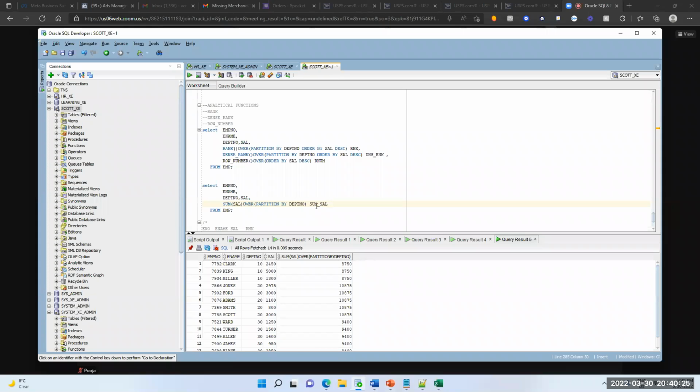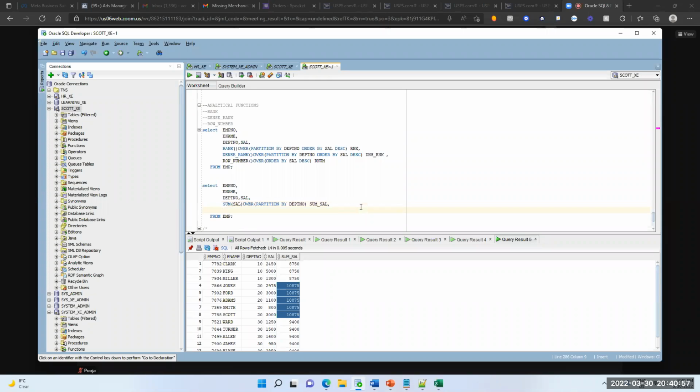But the thing is, each department, you see here, 10th department 8750, 8750, and 3 times we have, every record is showing here. And 20th department 10875. And you can write the row count also, count of records, how many records we are having. But the thing is, it will always show the same number.